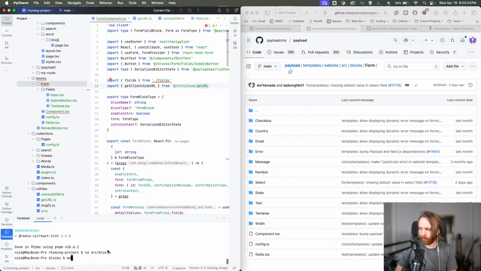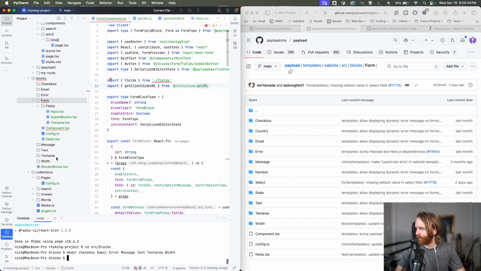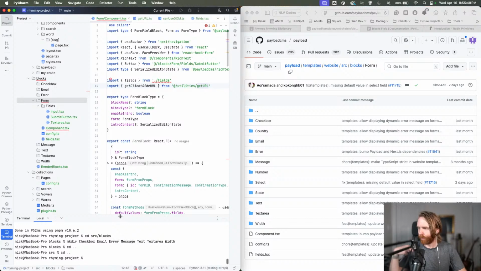And then I'm going to mkdir checkbox, email, error, message, text, textarea, and width. So that makes all of our directories there, and then I can go back up to our main level. All right, and so then we have our submit button that I'm going to leave here,